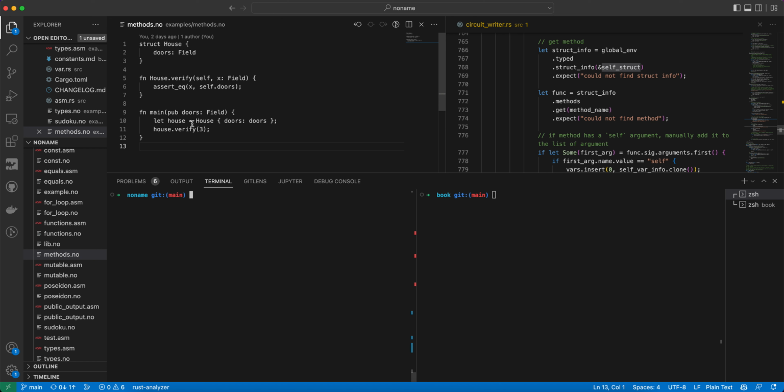Some of these programs are converted into gates for an arithmetic circuit, or not really an arithmetic circuit, but more like custom gates and plonk gates for kimchi. And if you don't understand these words, just refer to the description of the video. I think you have a series of videos on Plonk and all of that, so you can go back to that. Anyway, so if I run this example with the debug,